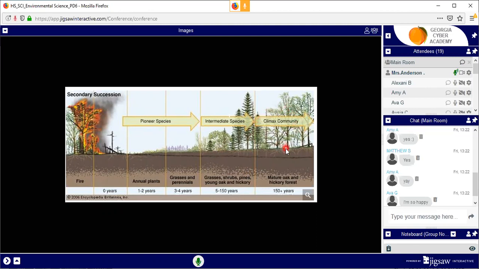Then, eventually, 150 or so years after this wildfire, they're going to reach climax status and become a climax community. What that means is that this community is now fully developed and it's stable. It's not going to change unless there's some kind of outside factor like another fire.